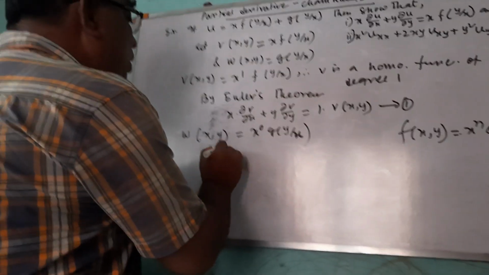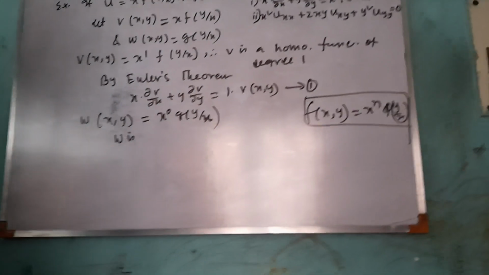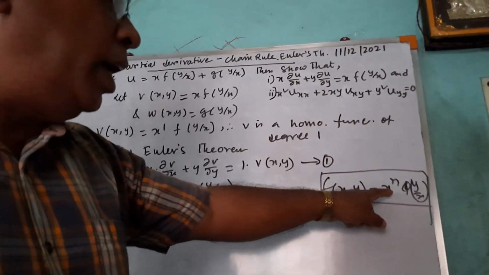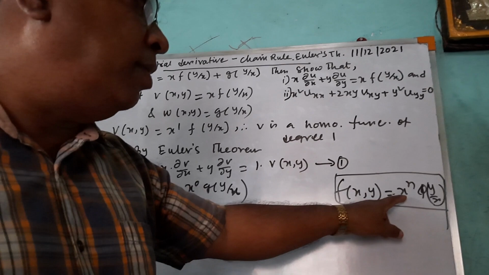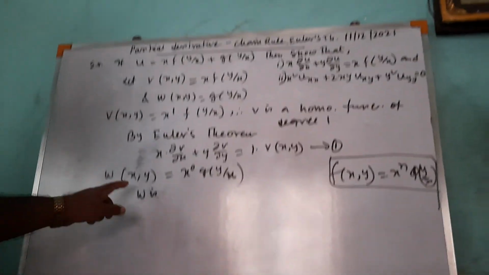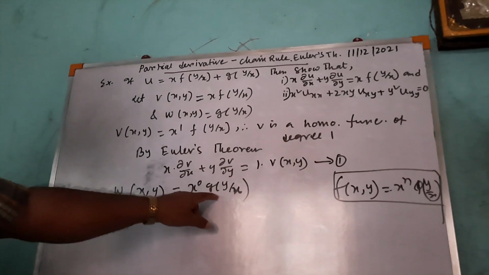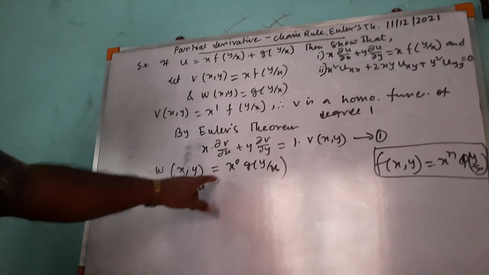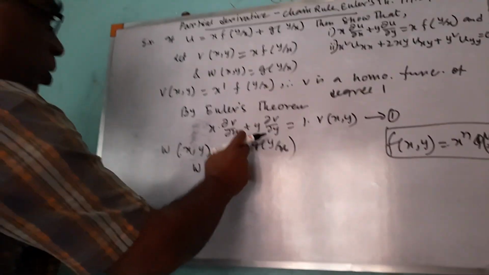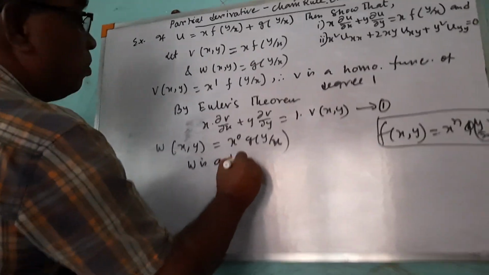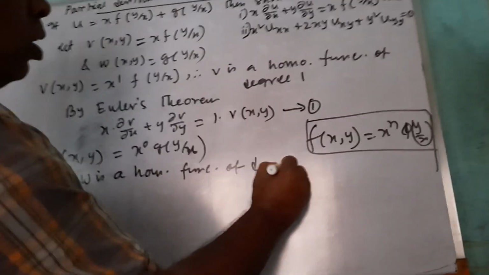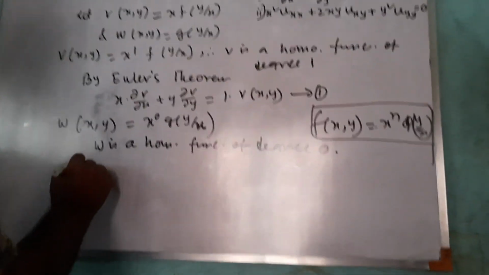This is the definition of a homogeneous function. So here W(x,y) equals x to the power 0 times phi(y/x), which is phi(y/x). So W is a homogeneous function of degree 0, because of x to the power 0. Therefore, by Euler's theorem,